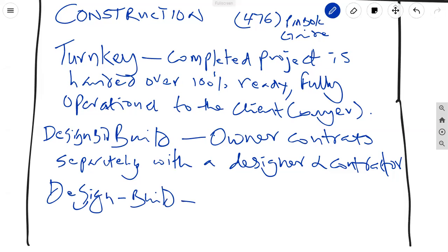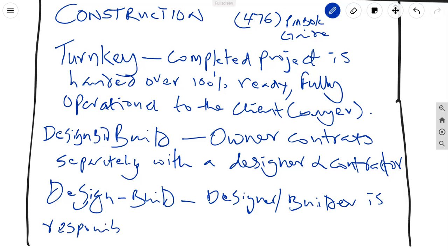And in design build, we have one entity, the designer builder, who is responsible for all of the job. Responsible for the entire job. There you go. And looking at what we have left here, we have